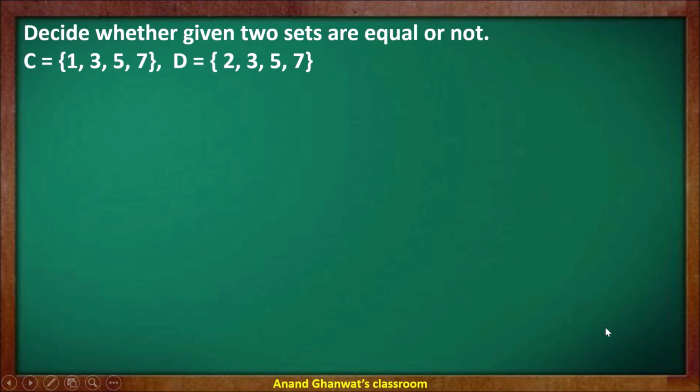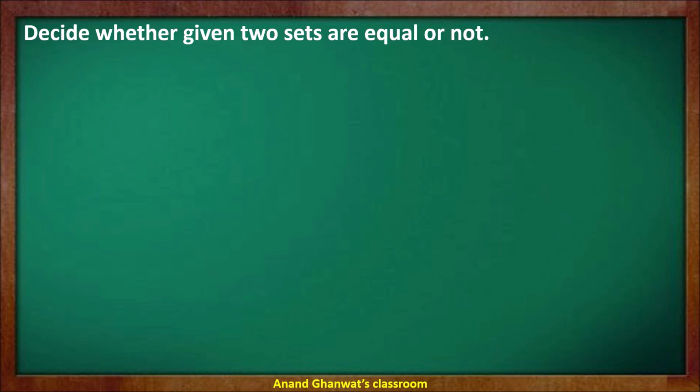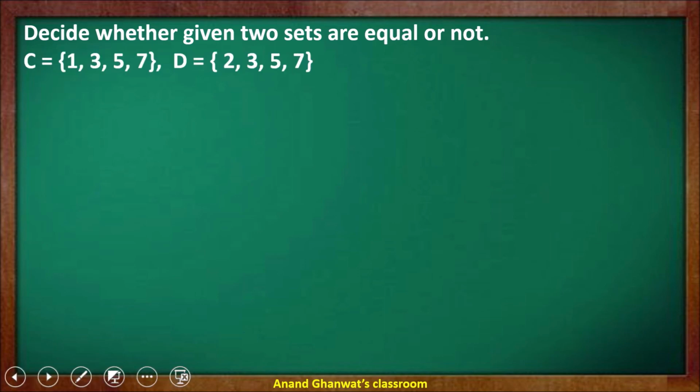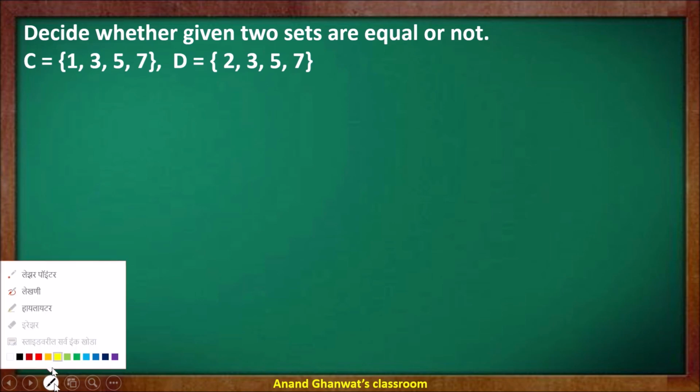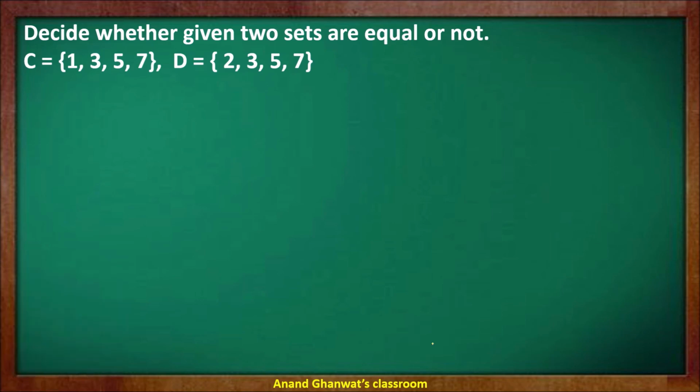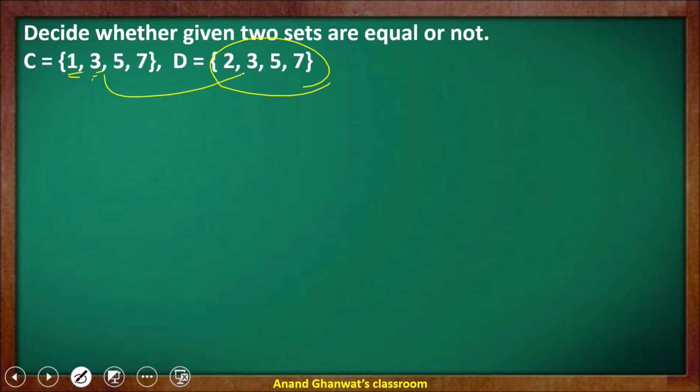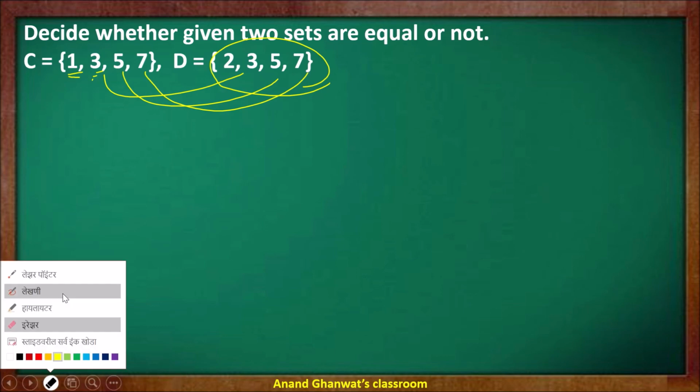For that, let us check whether the elements of C are present in set D. So 1 is the element which is present in set C, but it is not present in set D. So next 3 is present there, next 5 is present, next 7 is present, but one element of set C is not present in set D. Therefore we can say that